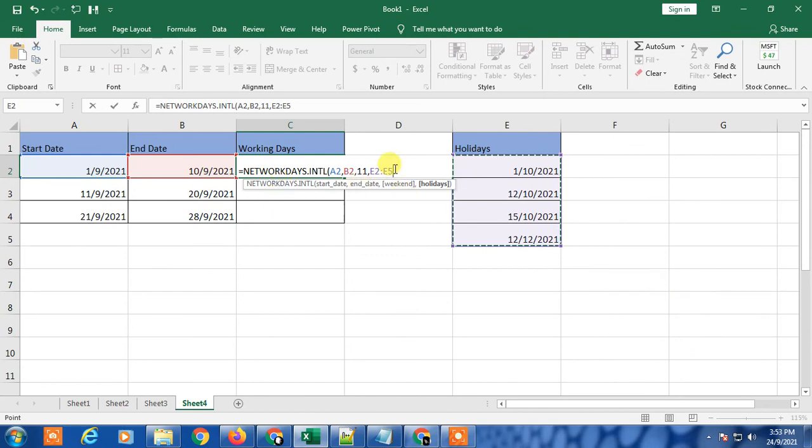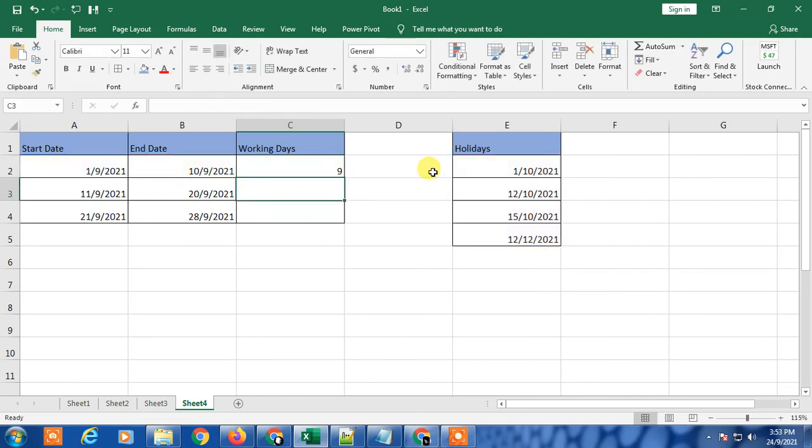If you want to apply this formula to others, you have to pin the holidays by pressing F4 or Fn and F4. Then close the bracket, and you can see the formula has been applied, and you can scroll down to the other cells. So that is how you can calculate working days in Excel.